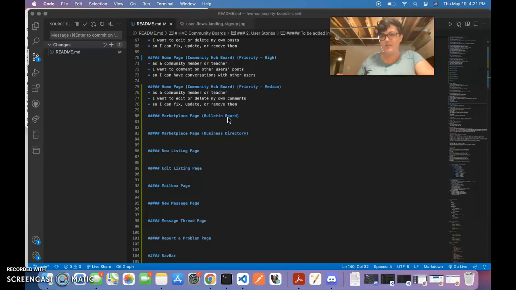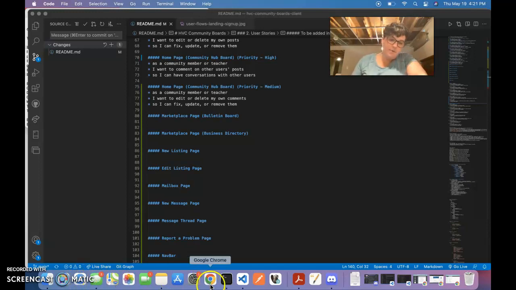I'm trying to make sure I know what the user story is here and trying to separate it into basically tasks so that I can check them off. For example,